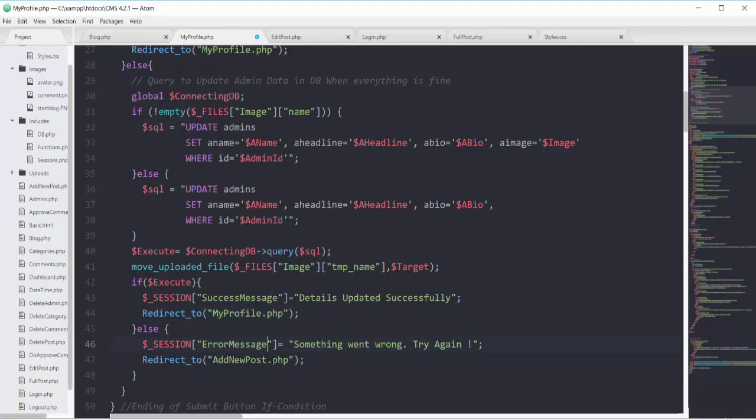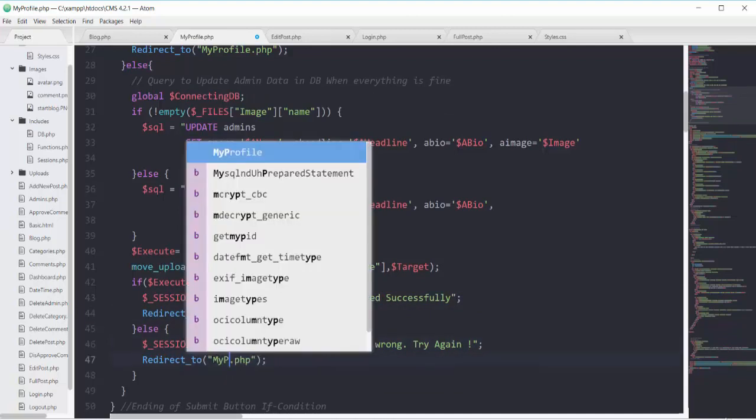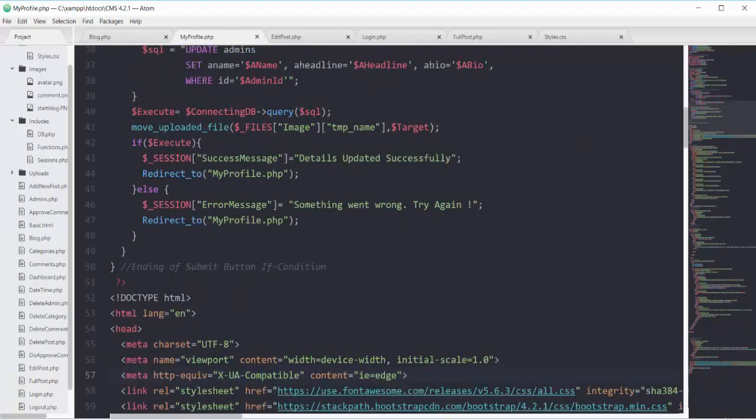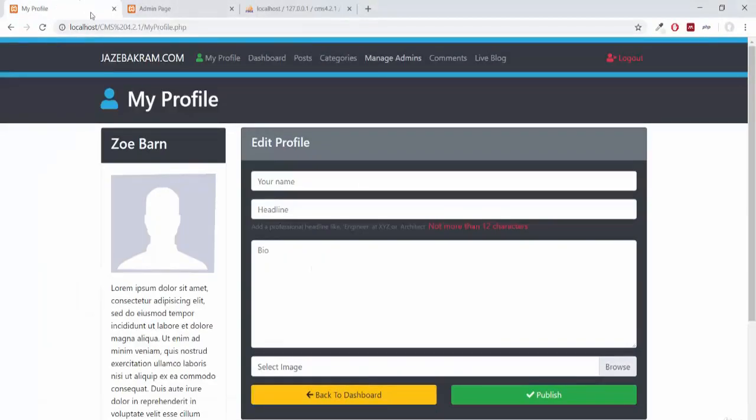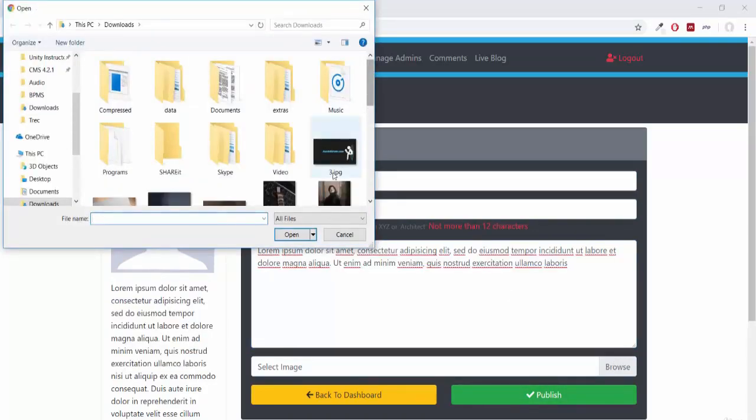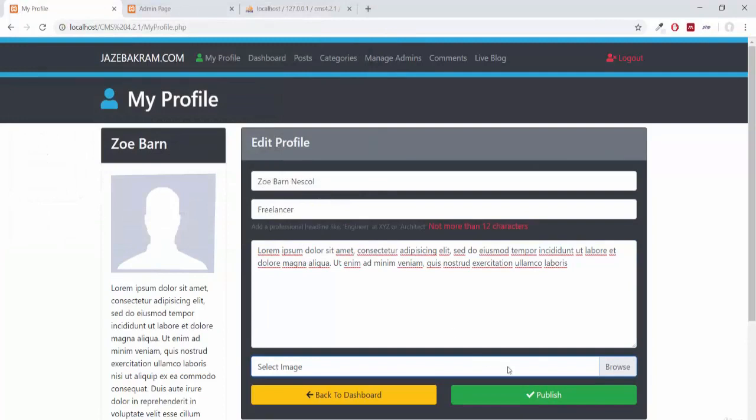And something went wrong, try again, my profile.php. So that's it. If I save this one, and first let's refresh our page. So let's update something. So we have the name of Zoe Barnes. So if I make it Zoe Barnes Nescol, headline to freelancer, bio to this shorter text, and for the image I will go with this image, publish,